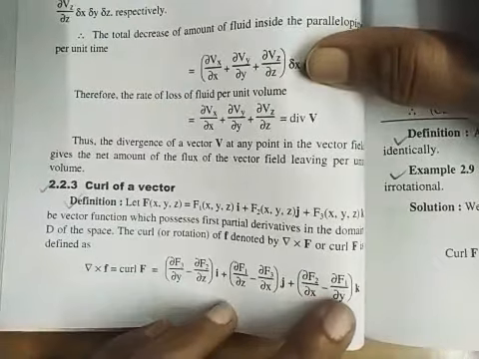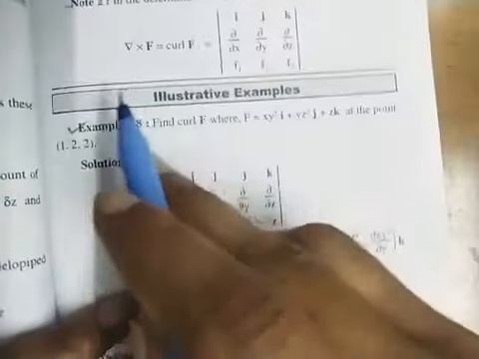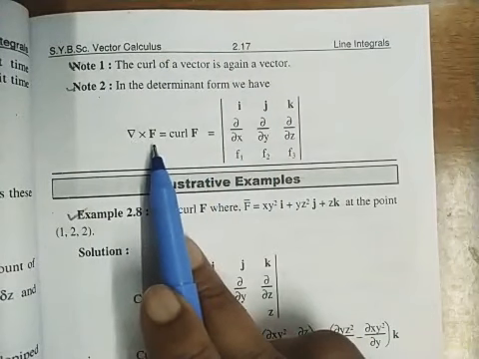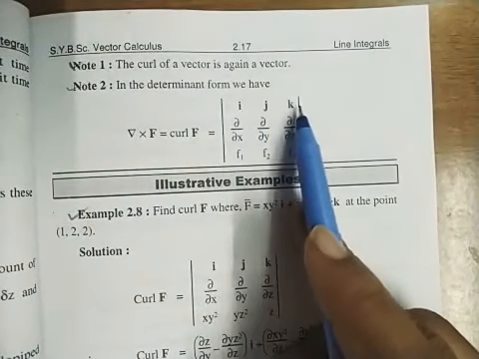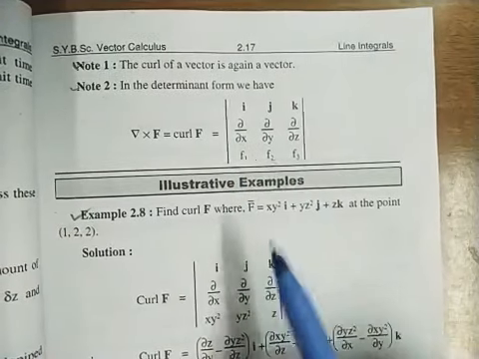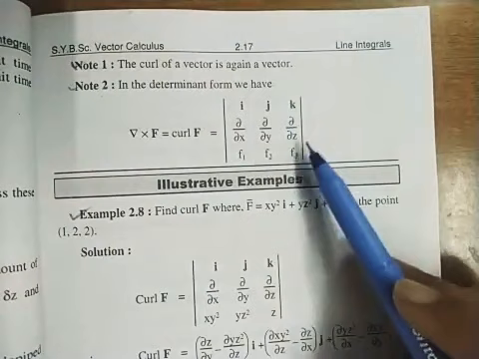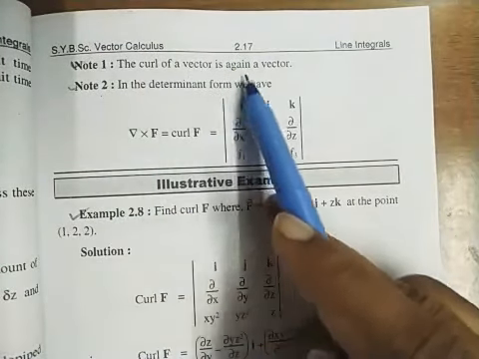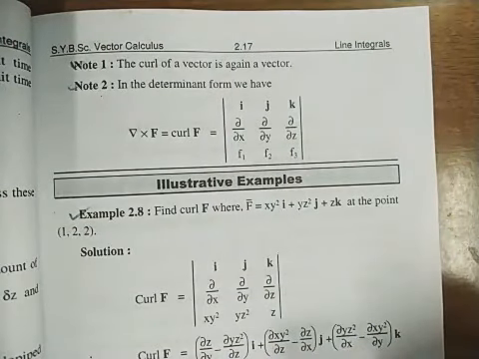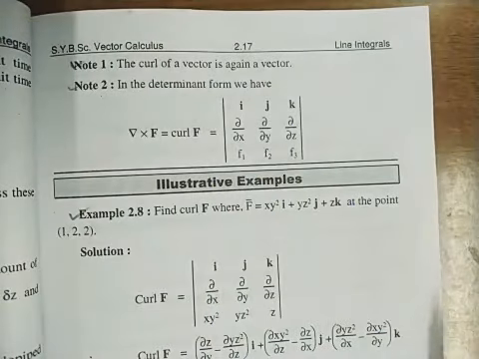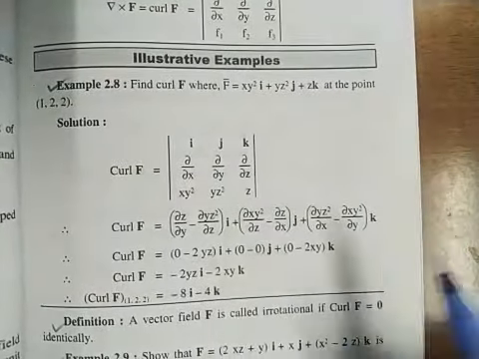This is the formula. So instead of remembering this formula, you can write it as del cross f, which will be easy to remember. It is a determinant: curl of f is the determinant with rows i j k, dabba dabba x, dabba dabba y, dabba dabba z, and f1 f2 f3. Using this you can find curl very easily. Again, the curl of a vector is again a vector. You can see it while solving an example, as there is a coefficient of i j k, so curl of f will be a vector again.